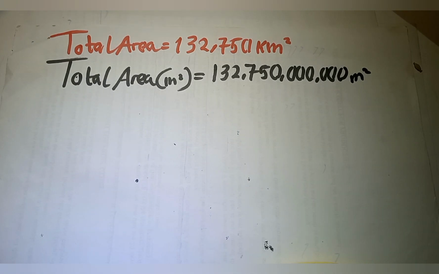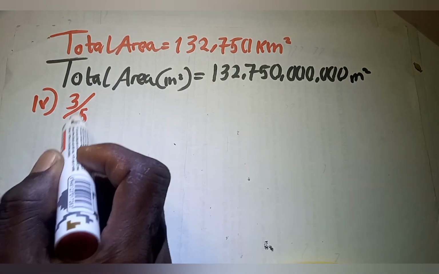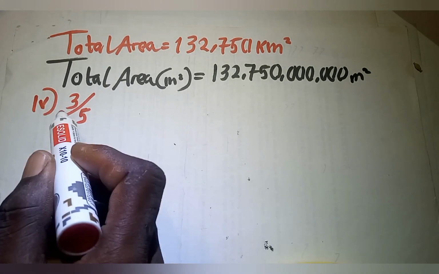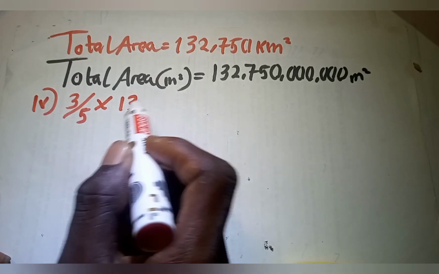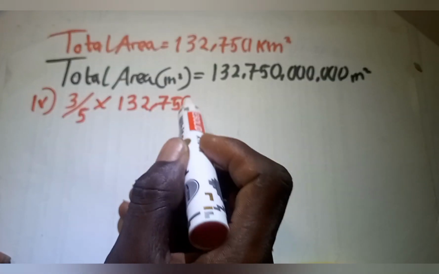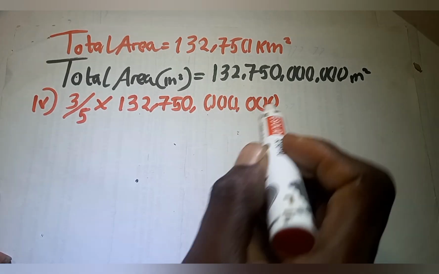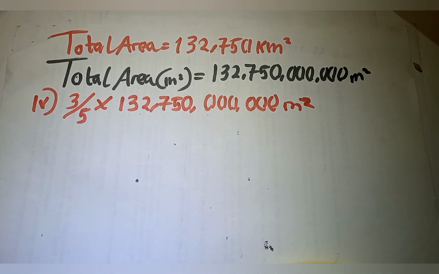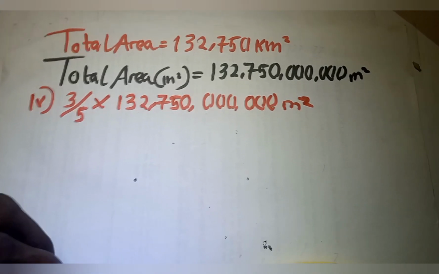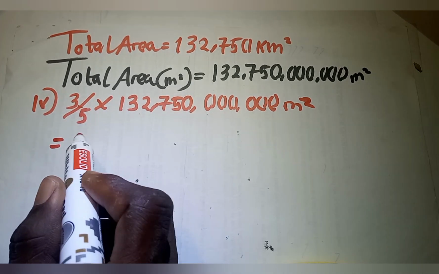So the question says 3/5 of the total farm area is used for cassava production. This is the total farm area, 132 750 0 0 0 0 0 0 meter square. So 3/5 of this will give me what? Punch your calculator. I'm going to be having 3/5 of total area: 3 multiplied by this,